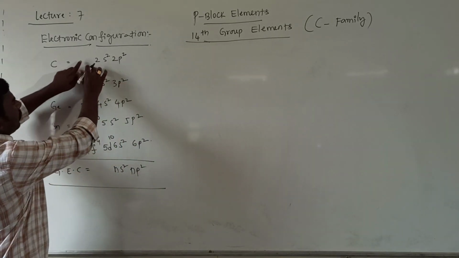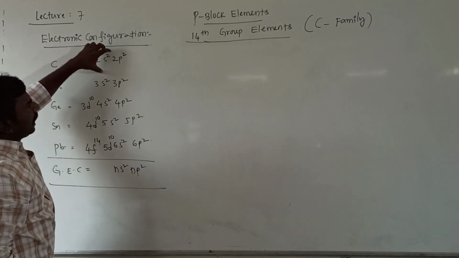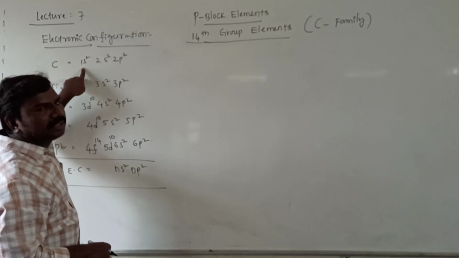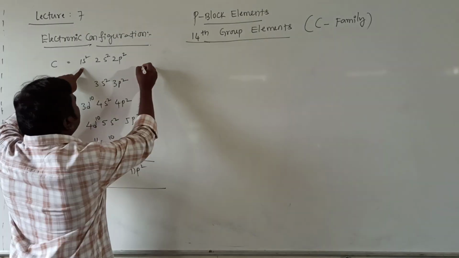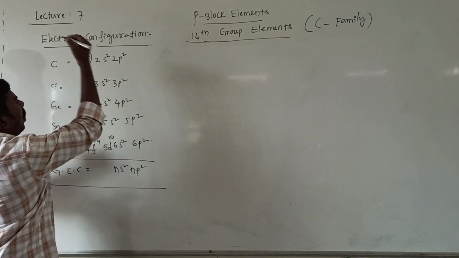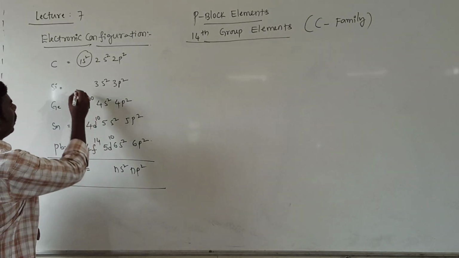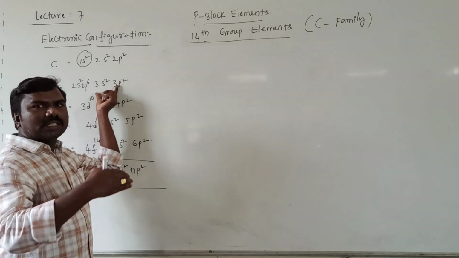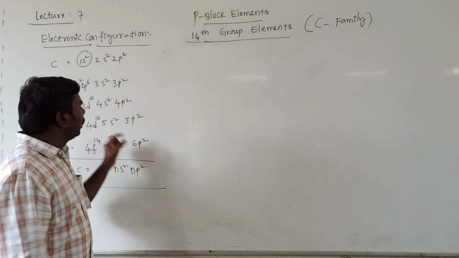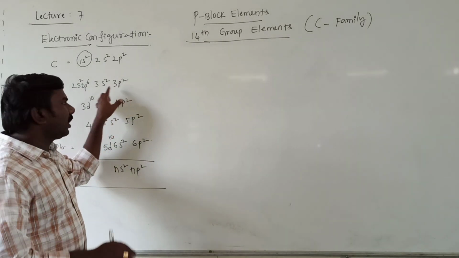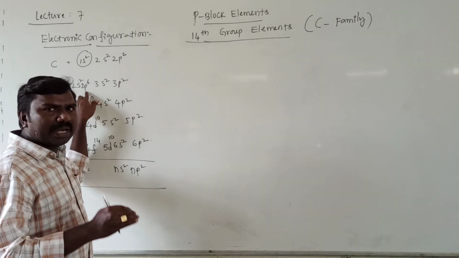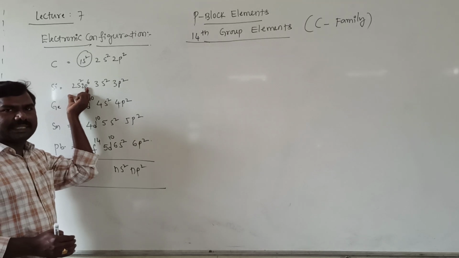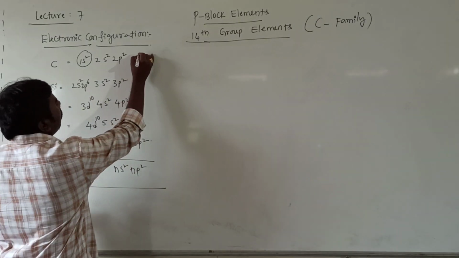Here you observe 1s2. The second shell is the last shell, the ultimate shell. Before that 1s2 is the penultimate. How many penultimate electrons? 2. And here 2s2 2p6. The third shell is the outermost shell, the ultimate shell. Before that the second shell is the penultimate. The penultimate shell contains 2s2 2p6, which means 8 electrons.